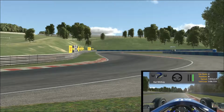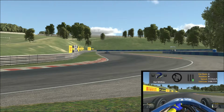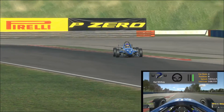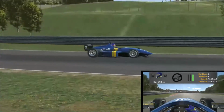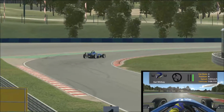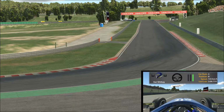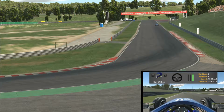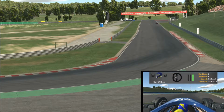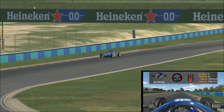These cars are not built for contact. If you want to have contact in racing, go GT, go touring cars, go stock car, because that's the kind of car where you can have contact, and door-to-door contact is absolutely fine. I would prefer not to have it in an official race, but if you are going to make door-to-door contact and try and actually do stupid moves like that, then do it in a touring car, do it in a GT car, because at least then that car will survive. It won't just get completely destroyed and annihilated by your stupid move,